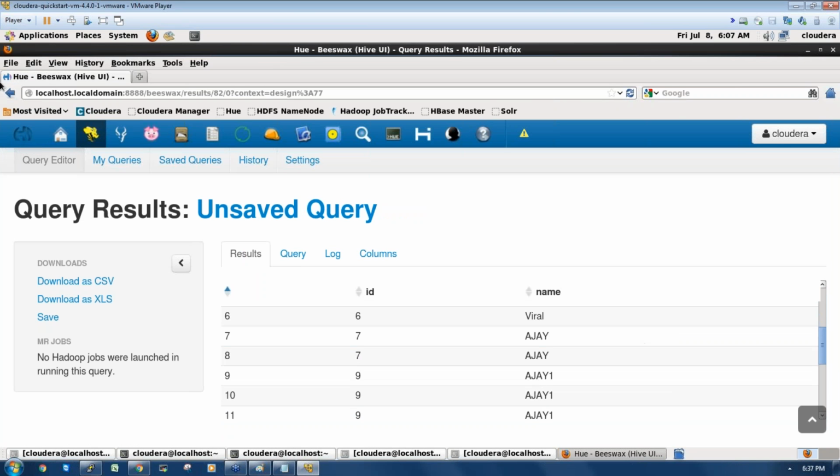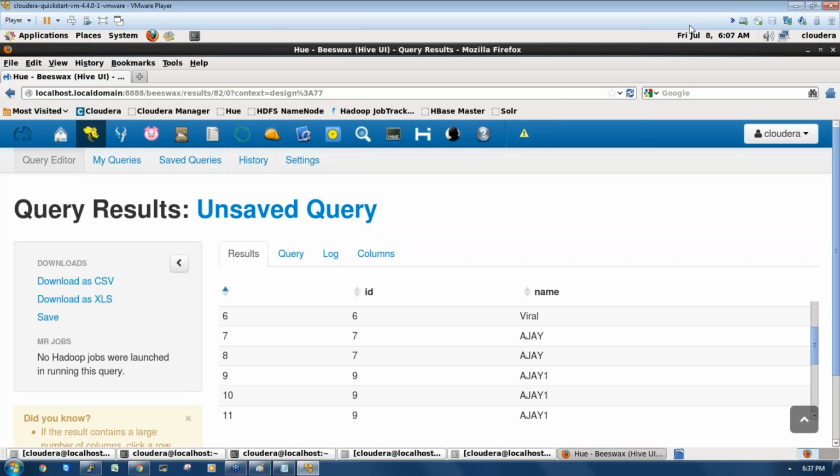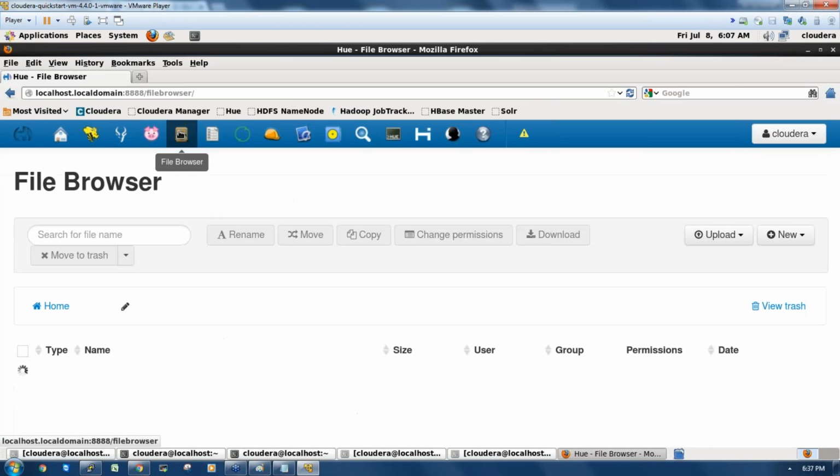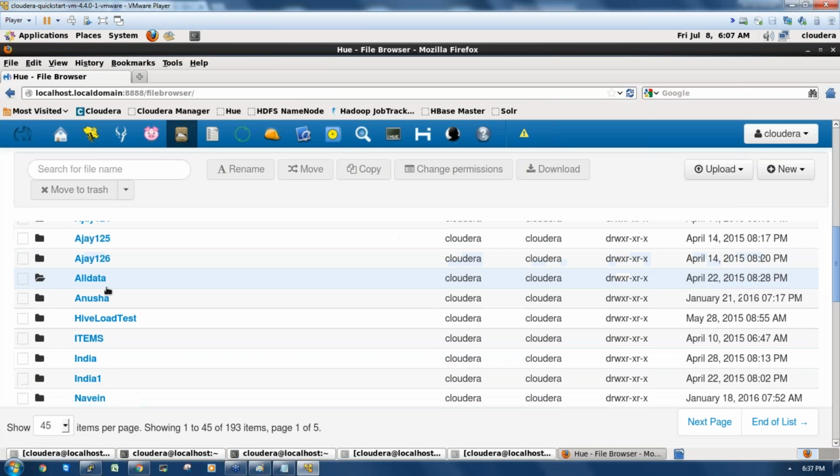So the people who are not very technical with the Linux terminal can use Hive here, you can use Pig here, and you can use HBase as part of NoSQL. HBase is available here, and you can browse the file system through the file browser. This is the HDFS file system.